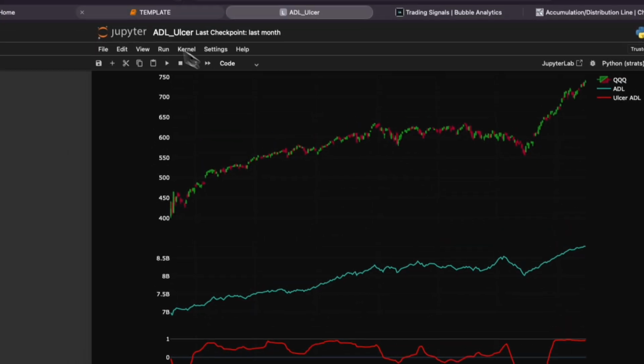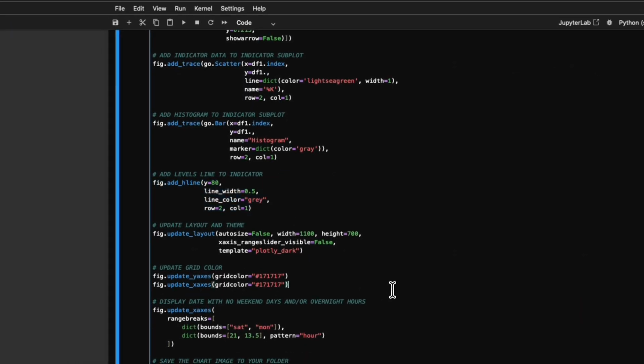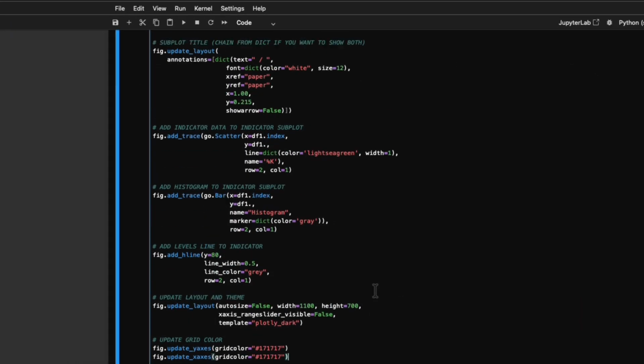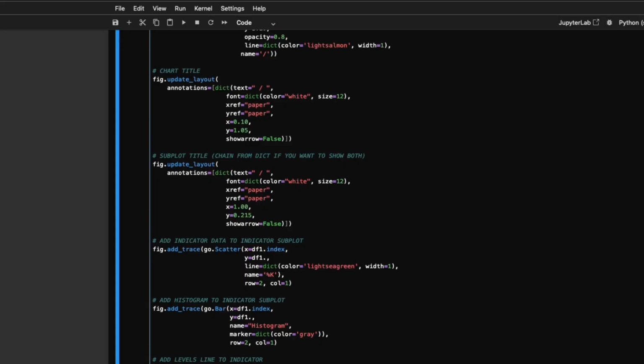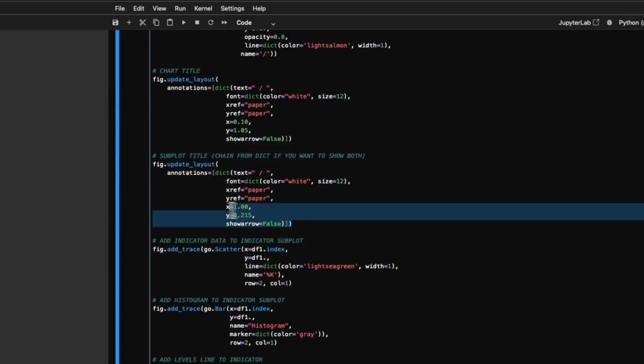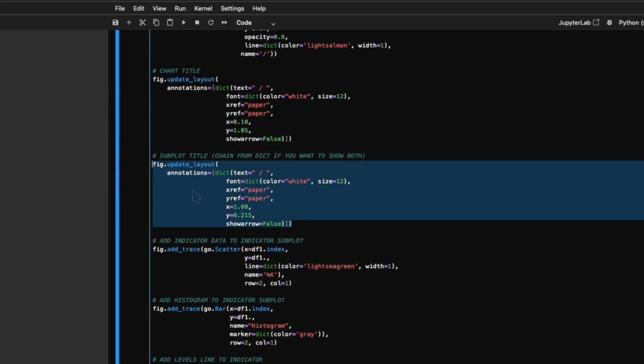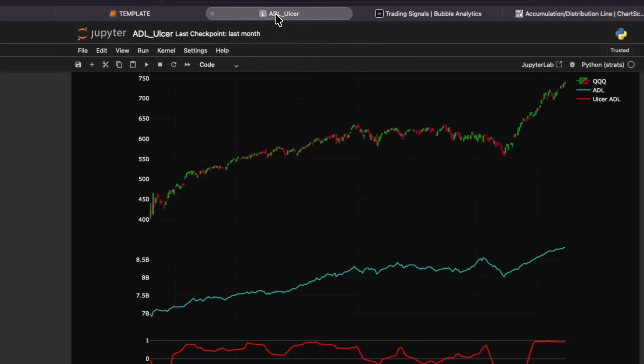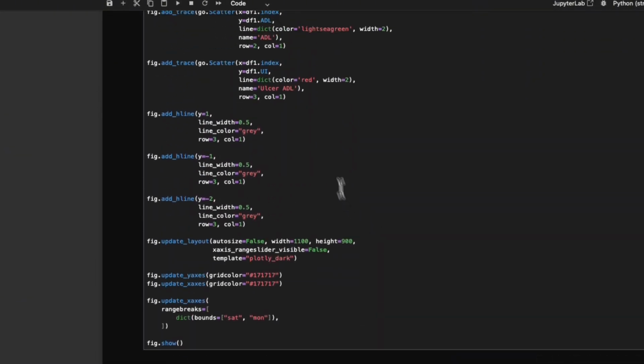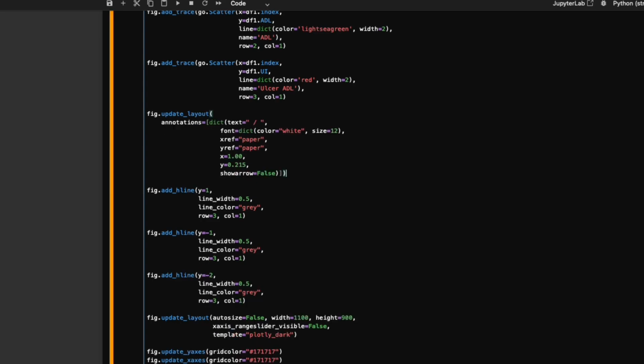And then let's chain on some labels just so that we know what indicators are which. So this part here, the subplot title, and then I'll show you how to chain it. So we're going to come and grab this little code snippet here from the template. Come back above, and so the first one I'm going to do is the ulcer ADL,